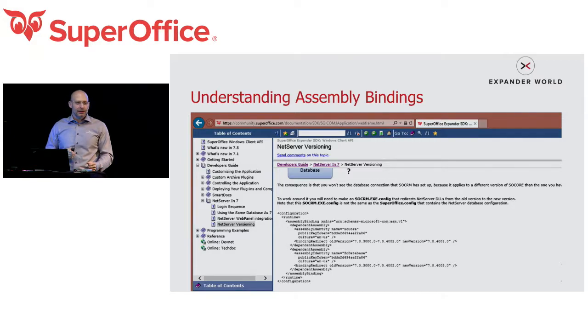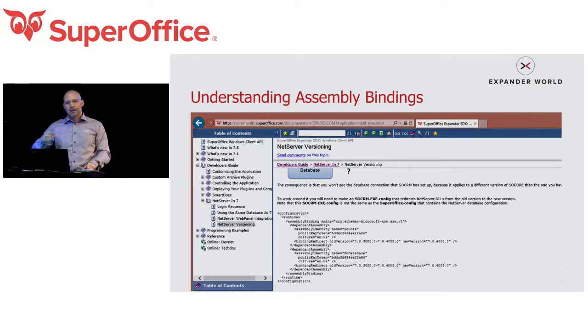We're going to put out an article about this on the community website because I think this needs to be clarified a little bit. When you use the NuGet packages, here's my moment of confession. Last night, I'm staying up, working on this demo that I showed you today. Actually, sorry, it was the bulk update example. First thing, I create a console application, and I install the package from NuGet, superoffice.netserver.core. I get it, it compiles, fantastic. I run it, boom. I get an error that says